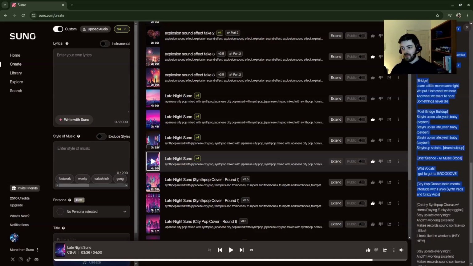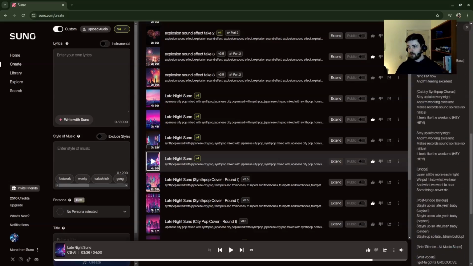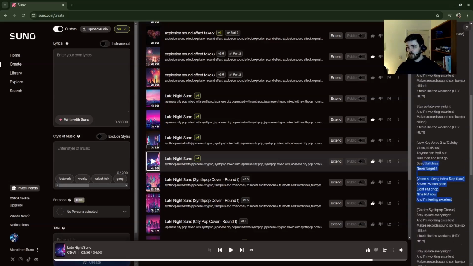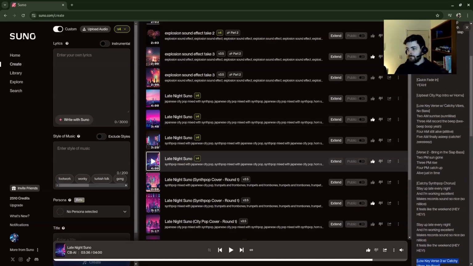But then the city pop groove instrumental, that was fun too. I would say it was more on the synth side than the city pop side. That was really great. Something I noticed that the AI did that was a little bit random and might have thrown you off guard is that it repeated verse 3 and 4. I didn't tell it to do that. Sometimes Suno does that, where it just repeats a section and you didn't tell it to. It was okay. I still think it's catchy.